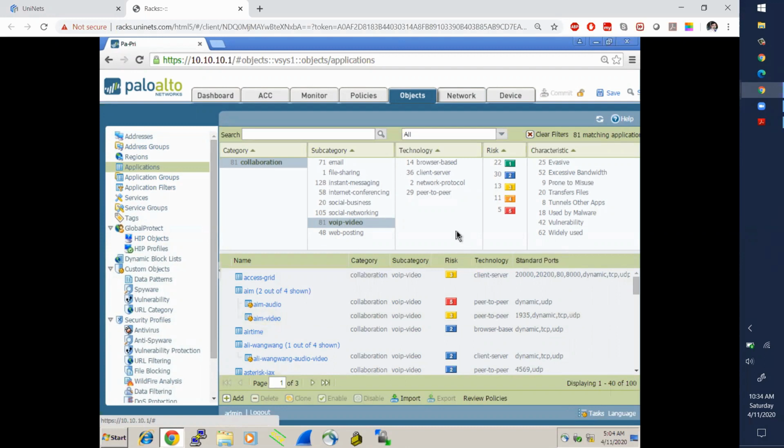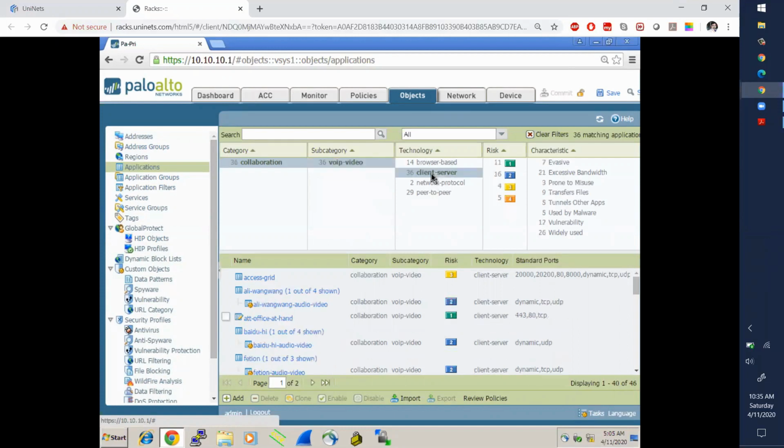Now, for these applications which work on voice over IP and video, what type of communication do they support? There are two types of connection. Either it can be client server based, or peer to peer, and in some cases like VNC, it also works browser based. So you can select based upon your type. Let me take the example of client server.